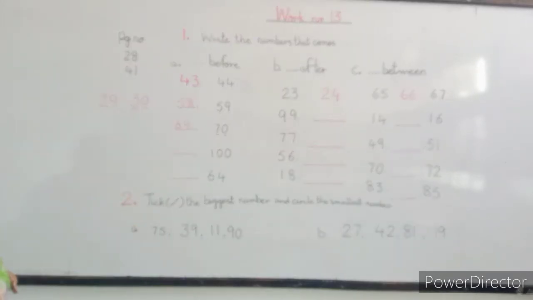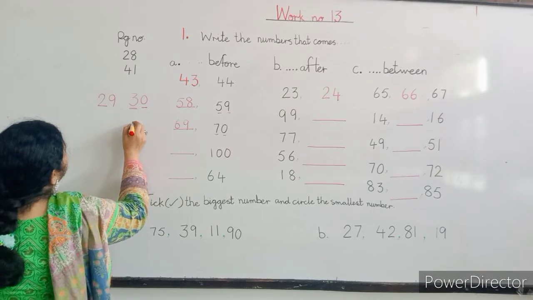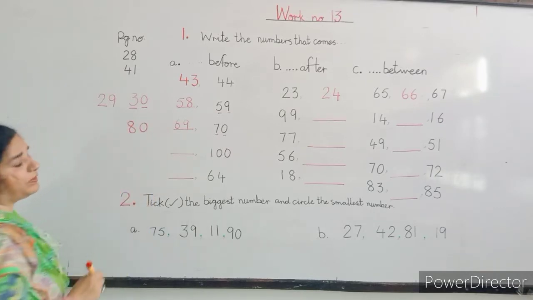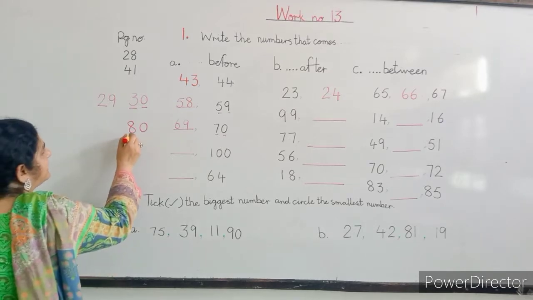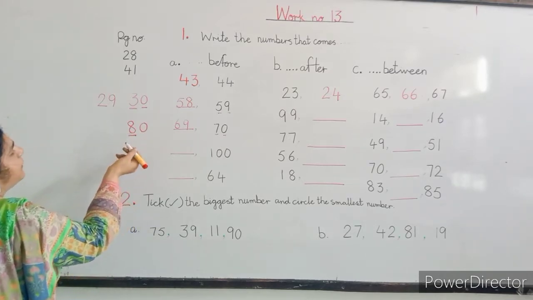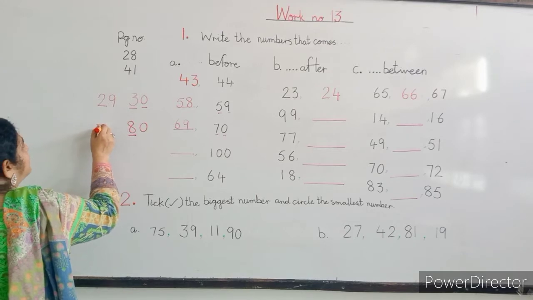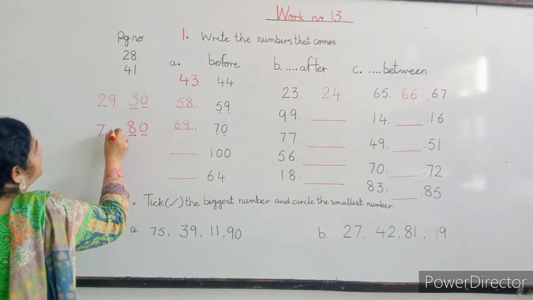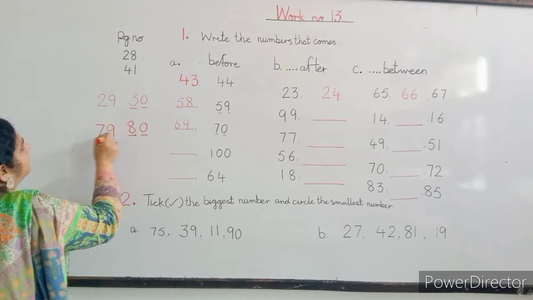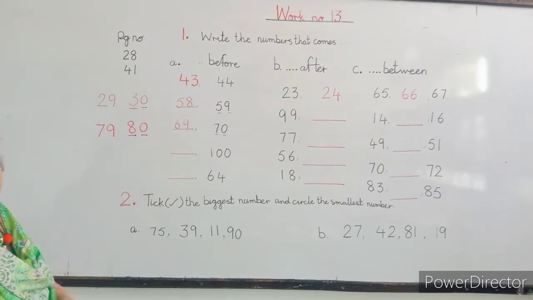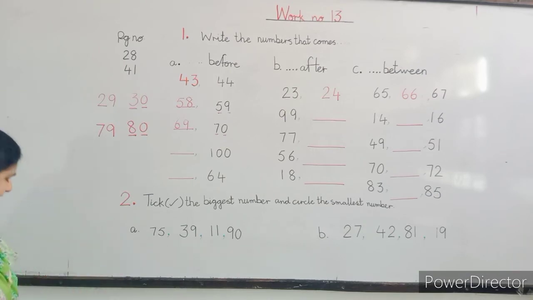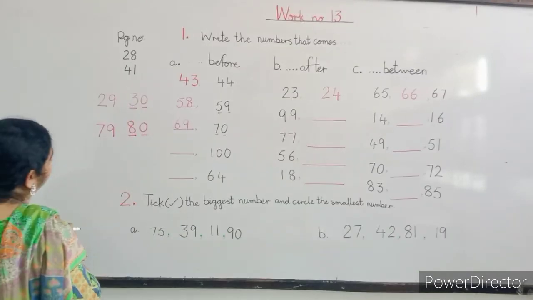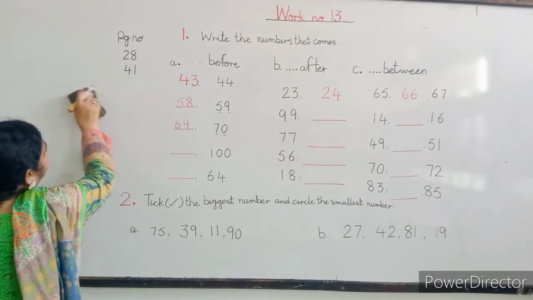Okay, let's take one more example. If it is 80, what will we do? Yes, this 8 tens will change into 7 tens. 1 ten before, right? And this 0 will change into 9. Okay? Why will this 0 change into 9? Look here, this is also very interesting. If you learn this thing, then there will be no mistake in your work.